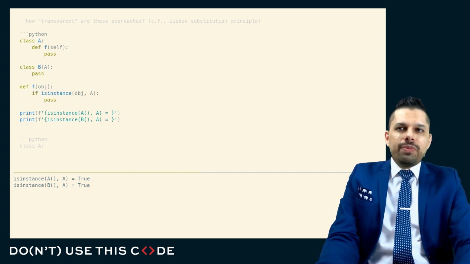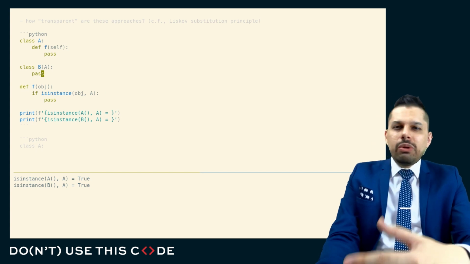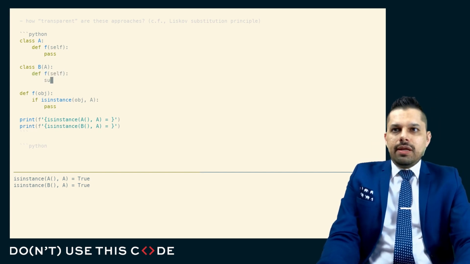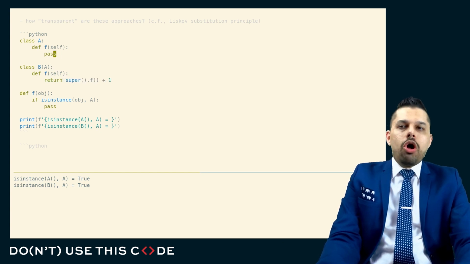So this code path will be taken in both cases, even though here we might add some additional functionality, we might wrap some functionality, we might say here this does the original superclass's f plus some small modification to it. And